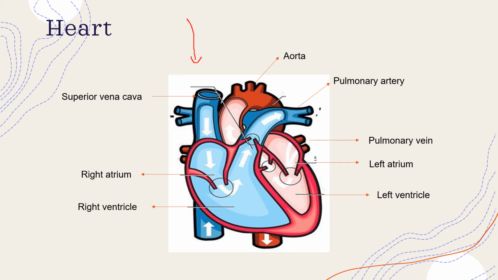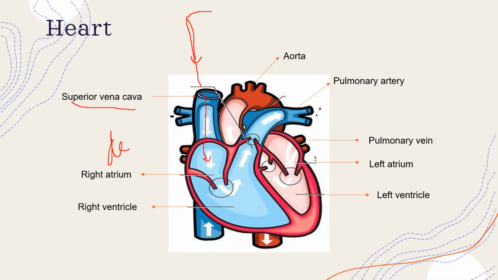Okay, so from all the parts of the body, the deoxygenated blood is entering this pipe, you can say, or a blood vessel, which is called the superior vena cava. Once it enters the superior vena cava, this is kind of a pipe which connects to the right atrium. So we can say the right atrium receives the deoxygenated blood, the blood which does not have oxygen but has carbon dioxide.